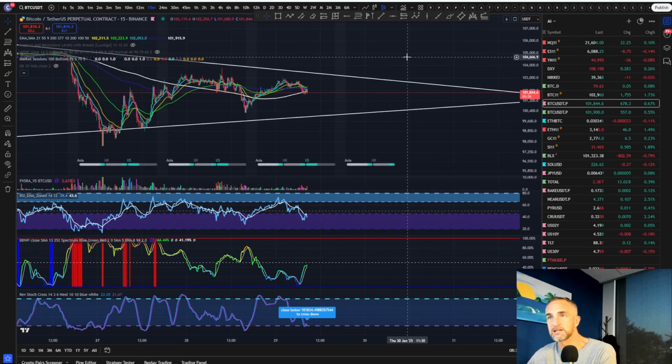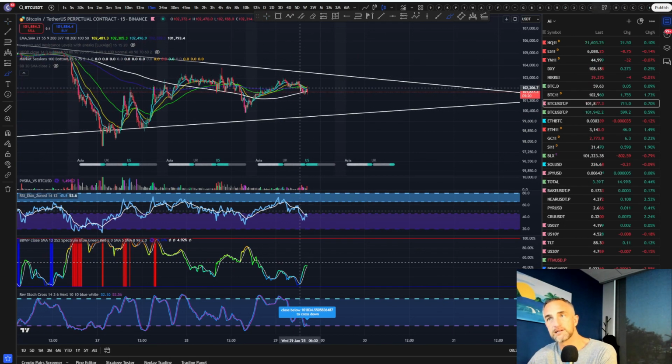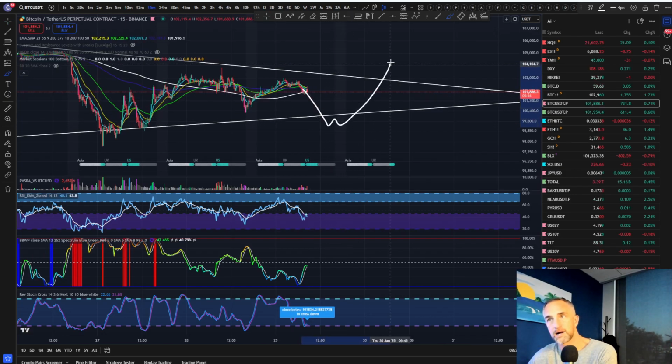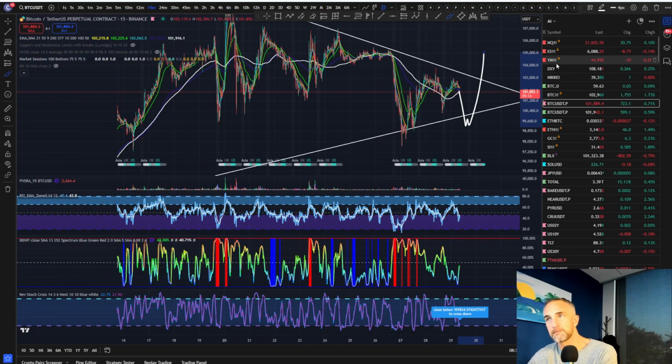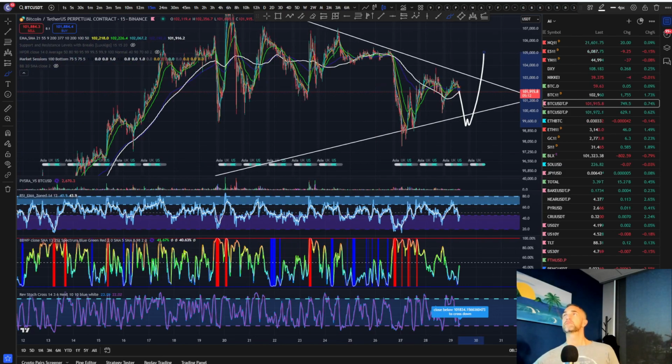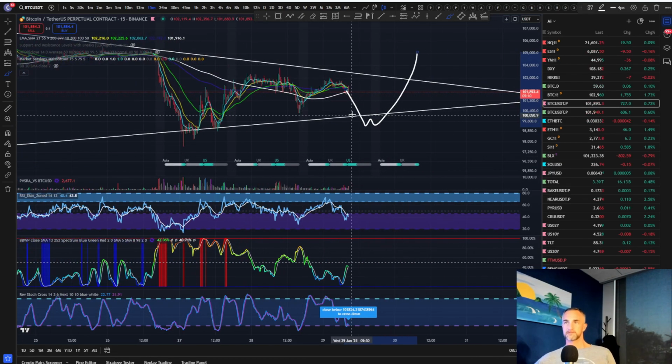But essentially, going into the Fed meeting, if you see a downside move, well, going out of the meeting, you should see an upside move. So maybe we ping that liquidity right there, boom, high or low, and then come back to the upside. That's probably something to be aware of. Now, if the opposite happens